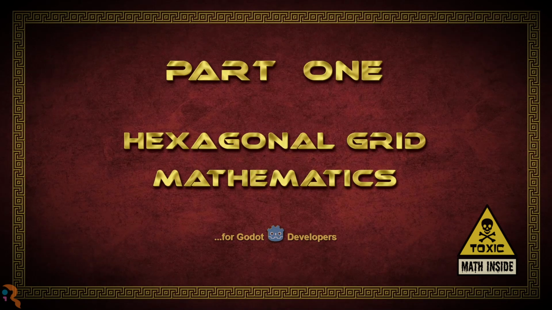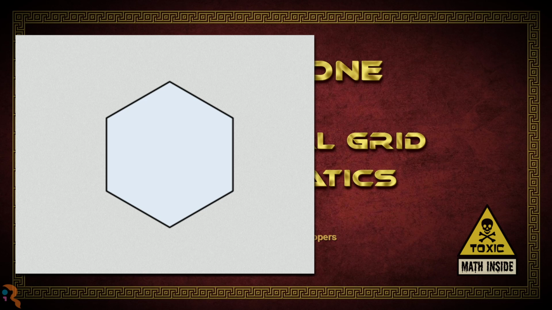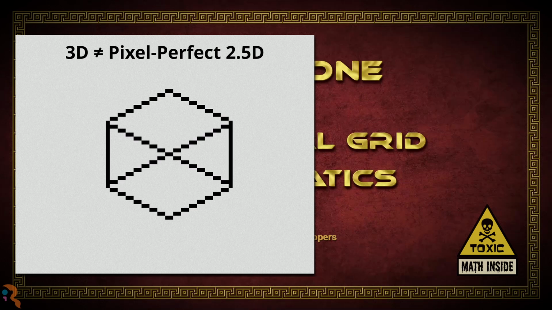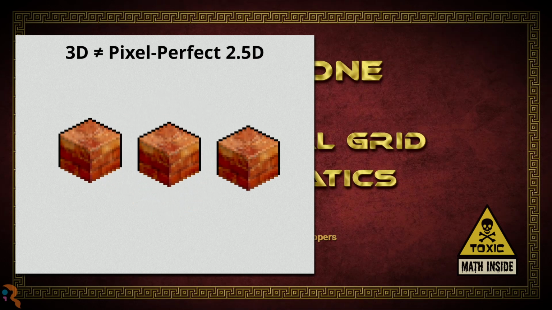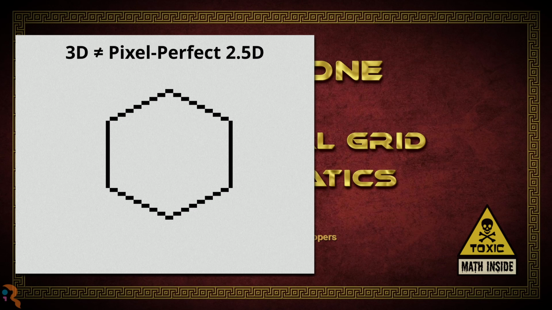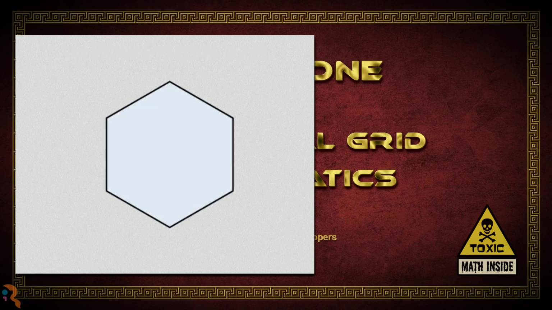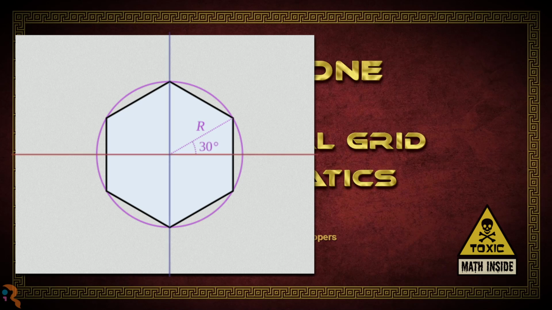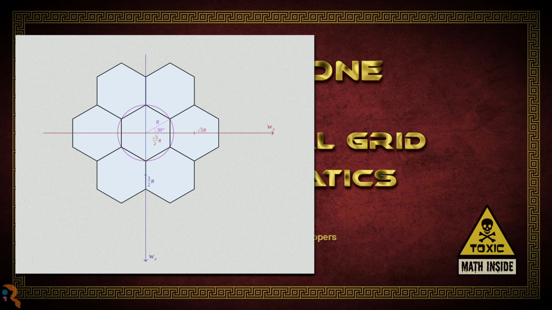At 7:24, we got our flat pointy top hexagonal tile laying on the XZ plane in world coordinates. Since we are working in a real 3D space, not bound to pixel perfection rules, our hexagon is regular, thus it has all sides and angles equal. Let R be the radius of the circle within which the hexagon is inscribed. The height of the hexagon is on the W_z axis and is simply equal to 2R, thus the diameter of the circle.